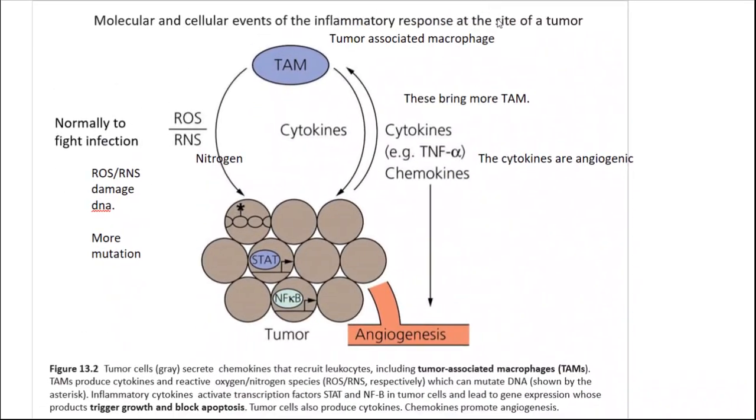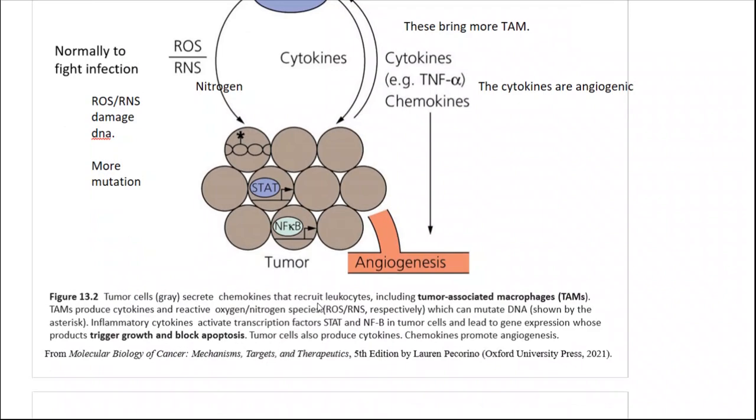Okay, let's move on. This TAM, tumor-associated macrophage, makes reactive oxygen and nitrogen species, which damage DNA and are supposed to kill cells, but cancer cells are more resistant to that, so they only get more DNA damage, which causes more mutations and more cancers. Here the macrophage also releases cytokines like TNF alpha to recruit fellow macrophages and other immune cells. But in the process, cytokines like TNF alpha are also angiogenic, so they help bring new vessels, which provide not only immune cells but also nutrition and oxygen for cancer cells. So that's not great for